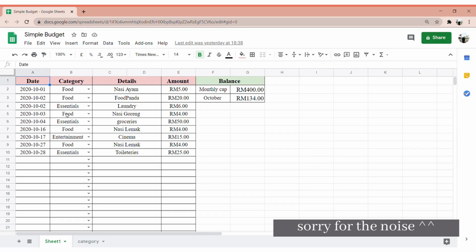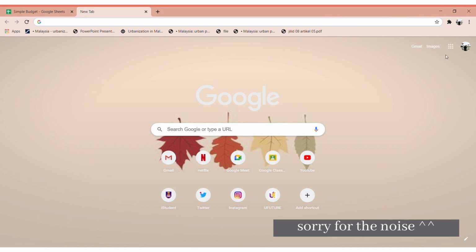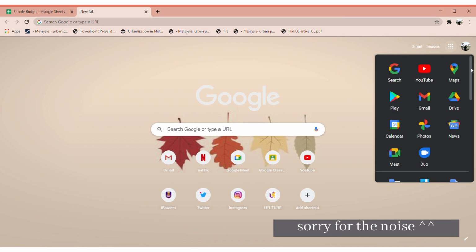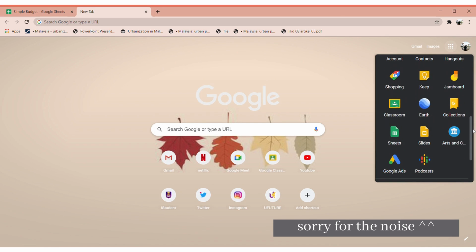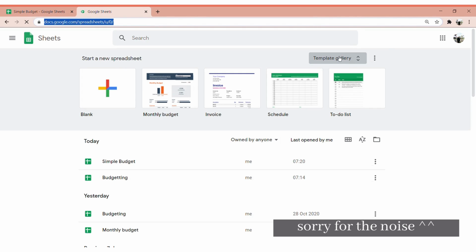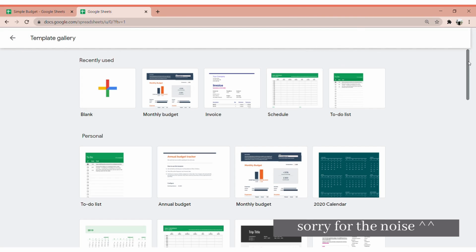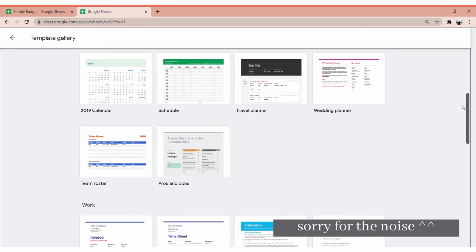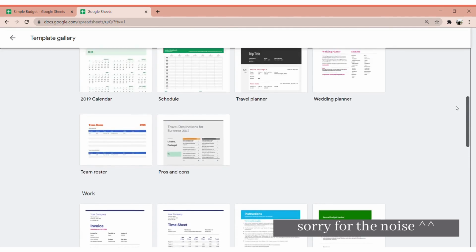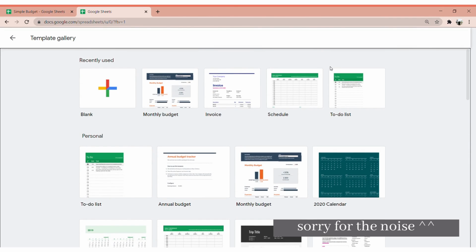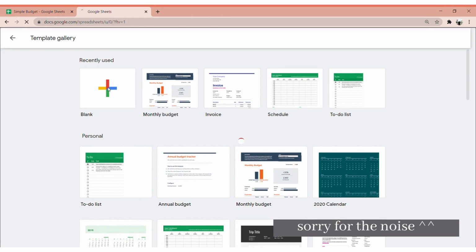First thing you need to do is to log in to your Google account, and you will see a Google Apps icon here, and go to Google Sheets. As you can see, there are many templates that are very useful and much easier for you to use. But as for today, I'm going to teach you how to make your own customized budgeting system. So we are going to go to a blank sheet